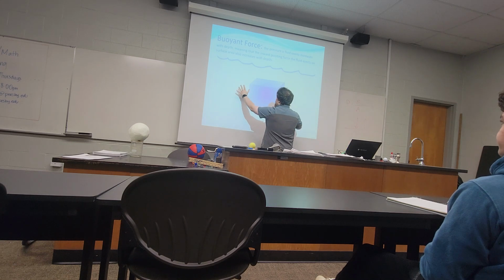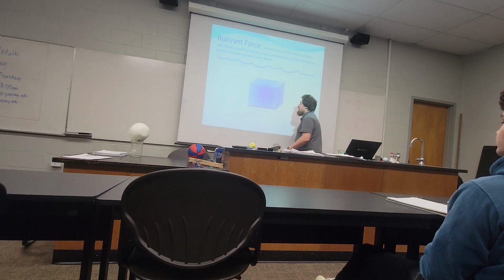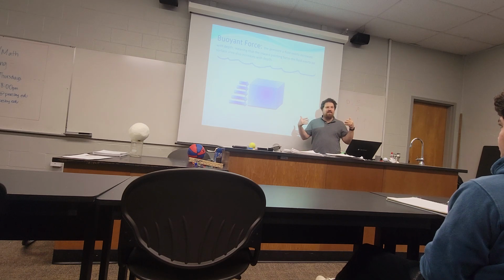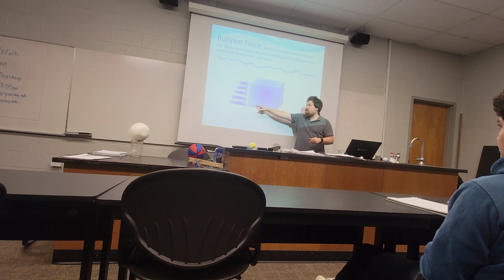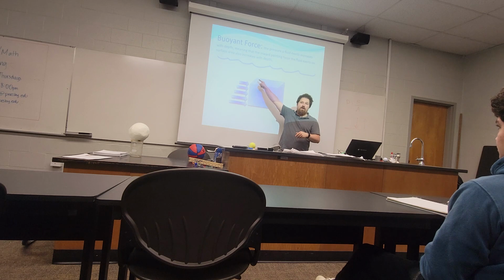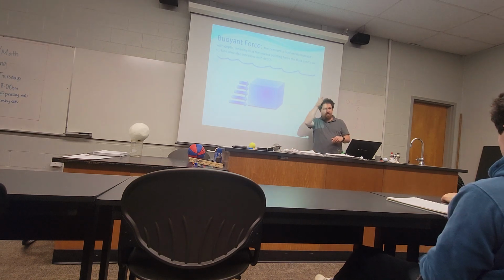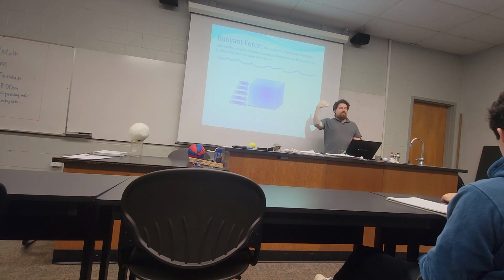First we're going to add force arrows for the two left and right side faces of this box. The deeper parts of the box have a higher pressure acting on them, therefore there will be more force acting inward on that deeper part of the box than on the upper part of the box. So the arrows down here are just physically bigger than the arrows up here. On that left-facing side of the cube, all of the water pressure is pushing inward on that flat side, so all those arrows point inward, but the arrows are bigger on the underside of the box.